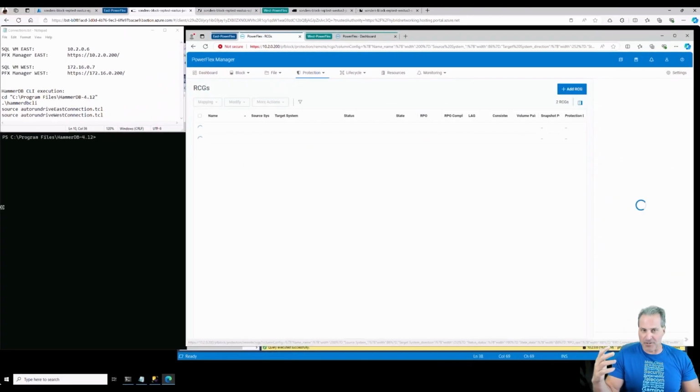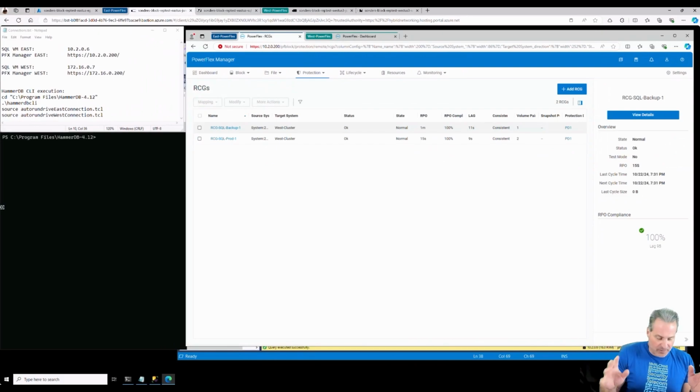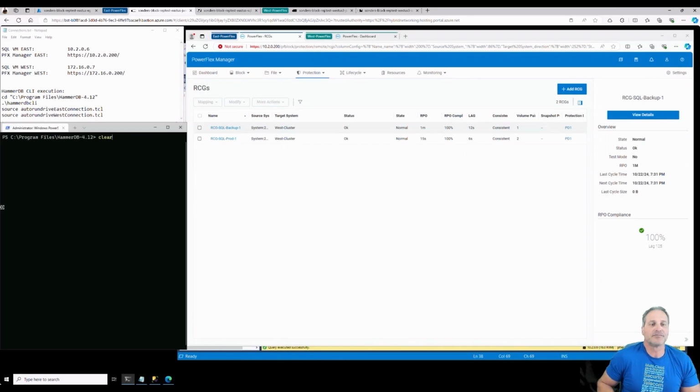And again, I'm trying to simulate here what happens, and we do have clients ask for this, what happens if a region fails? If communication, for whatever reason, goes down, they want to be able to stand up their SQL Server workload in another region and keep going. That's exactly why we have this.